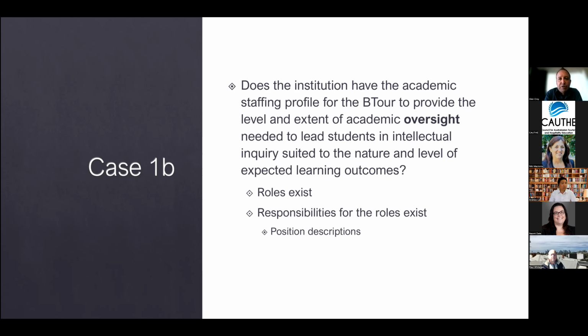So I think overall, as a summary, what we've noted is that they appear to have the roles and the structure there for oversight, but we've less certainty as to the responsibilities for the roles within that structure. And as Naomi has emphasised, it's going to be very important that those responsibilities are also very clear. What are the responsibilities for people within each of these positions? And generally these are presented within position descriptions.